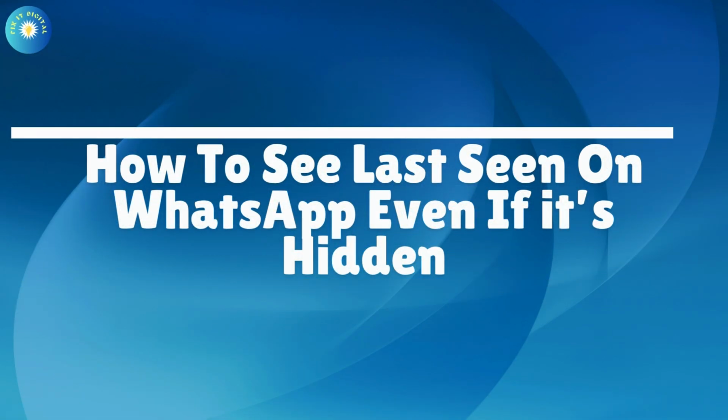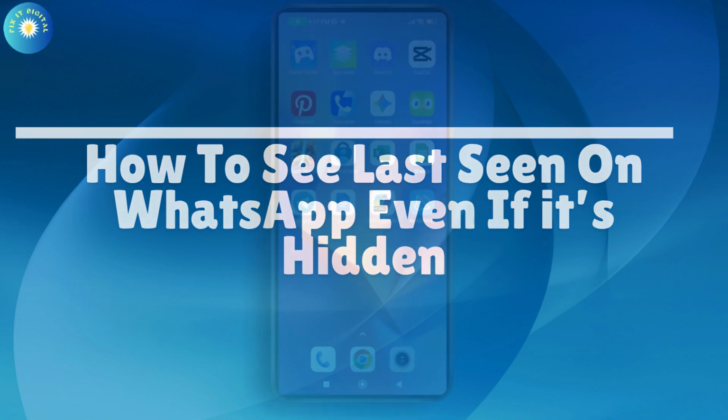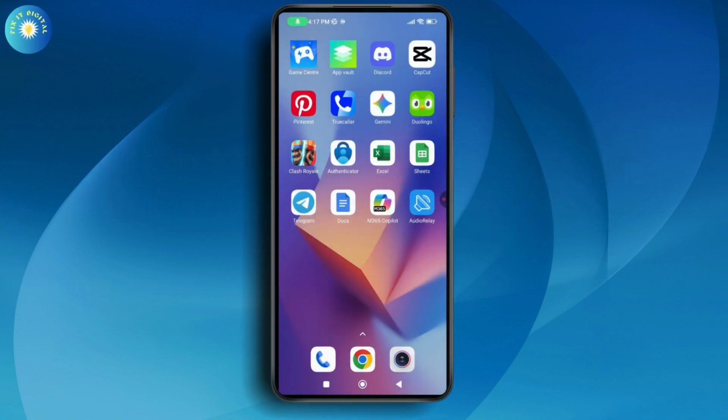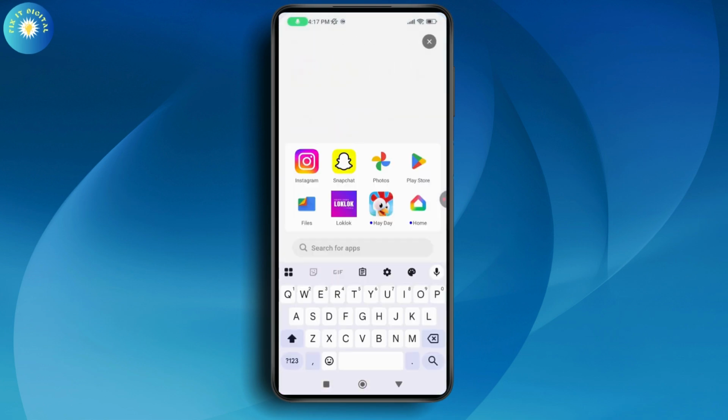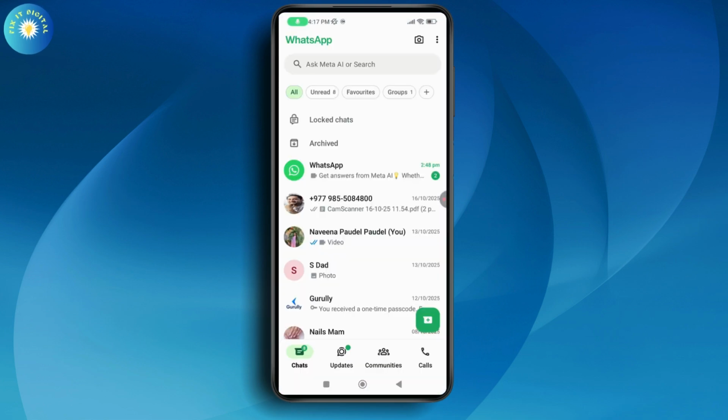How to see last seen on WhatsApp even if it's hidden. So if you want to see last seen on WhatsApp even if it's hidden, then what you need to do is first launch your WhatsApp application on your device and make sure that you're logged into your account. All you have to do is go to the top right, which has the three dots,